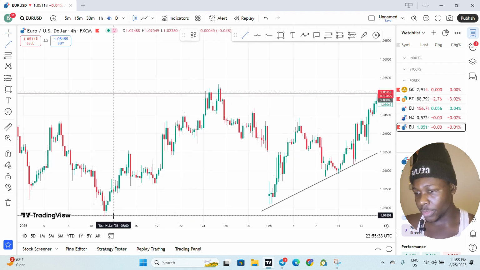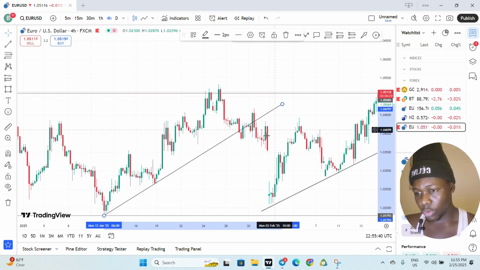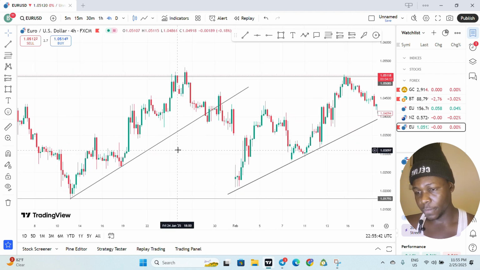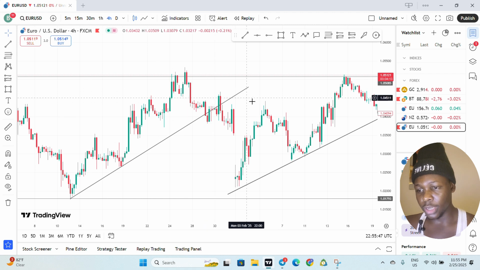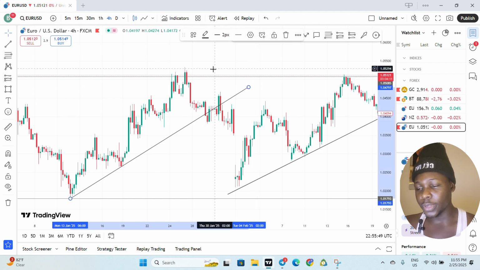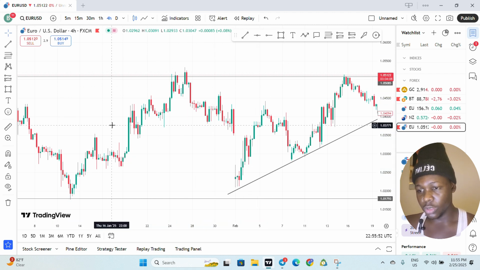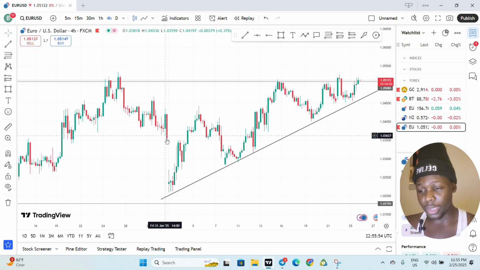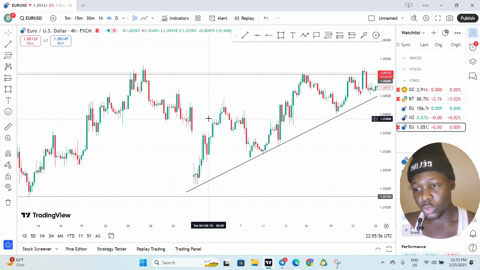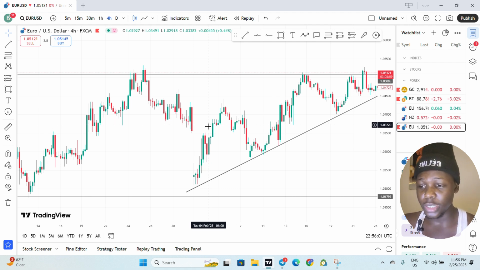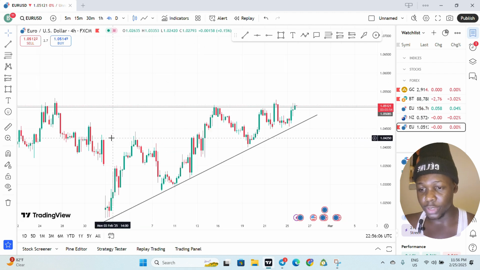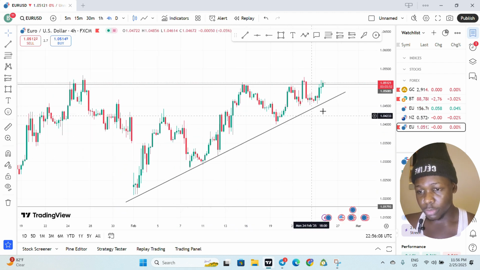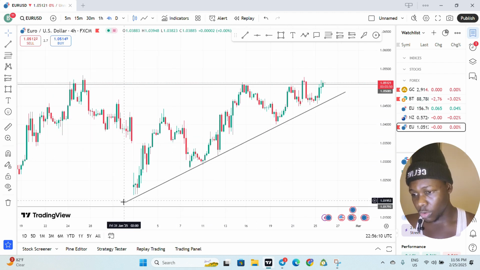If you have to include going back and drawing from way back, what do we have here? We have this movement here. You see, you have this movement here. So if you actually have to come and start drawing it out, this movement here is a different trend on its own that you could trade. Then the market has to make a shift, because we are not the market makers. You cannot predict that the market is going to continuously be respecting your trend line. That doesn't happen. So the market gave us this shift here, and then we also have another movement over here. So get your touches,